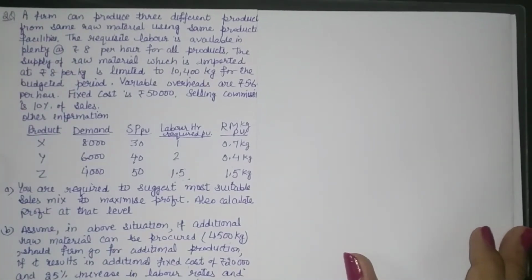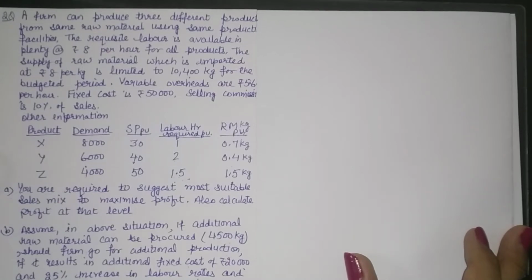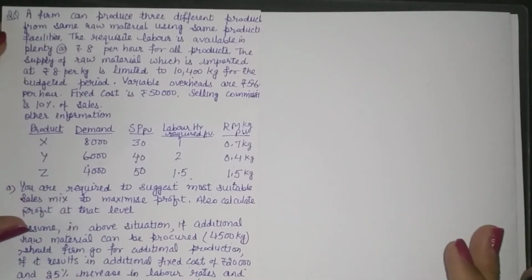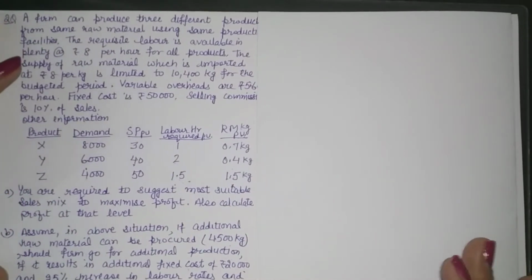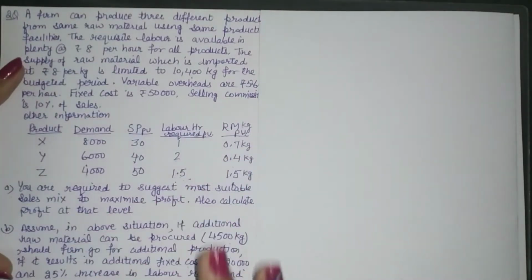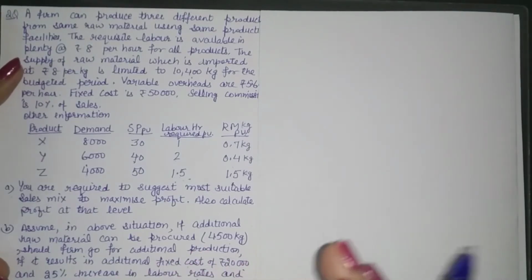I tried to include maximum possible key factors in the previous example. You can get the link from my playlist and you can see that for your further information. So taking that as a base, that is, we know how to calculate optimal product mix, then we'll work on the further managerial decision making.